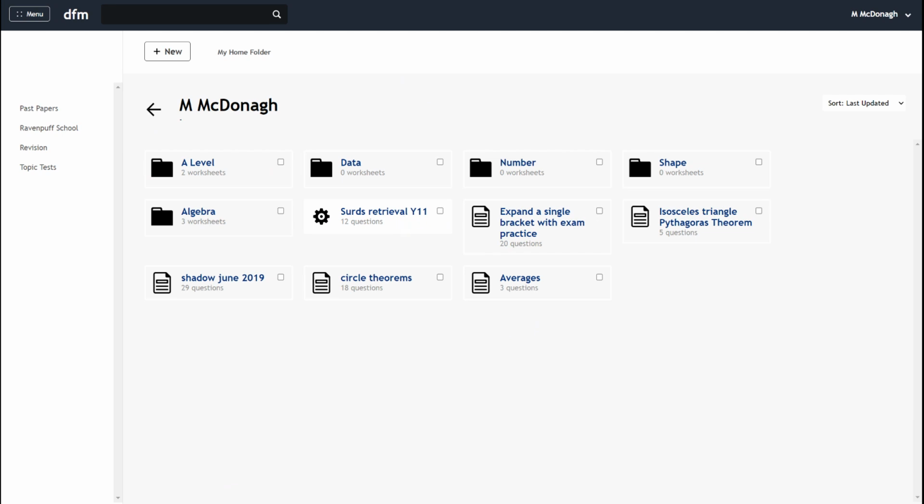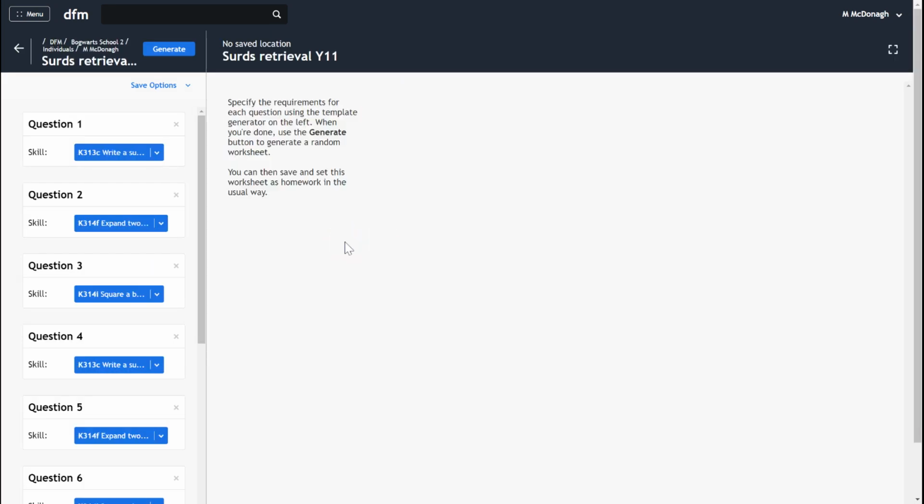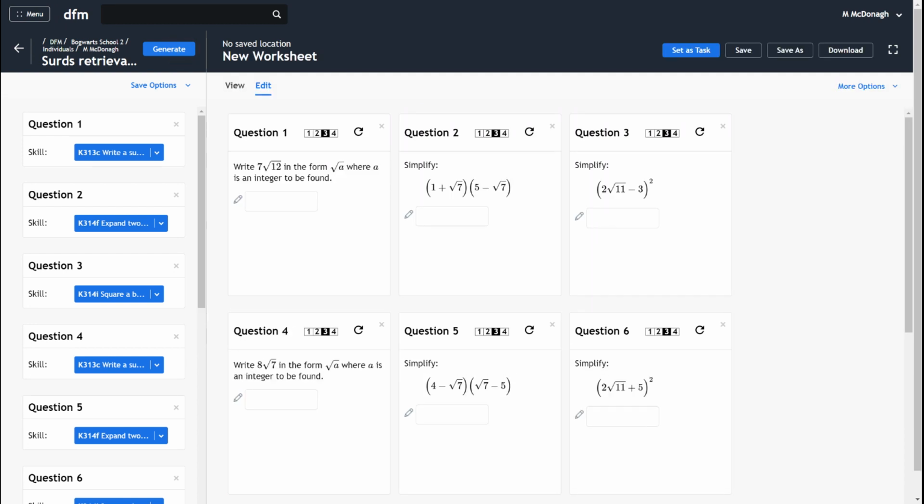And if I click into that, what you see is that the template is not populated, but I've got this option up on the top left-hand side to generate. So if I press generate, then I'm going to get questions on SERDS and it's going to be retrieval for my year 11s. So this is how easy it can be to just quickly make a worksheet for your students